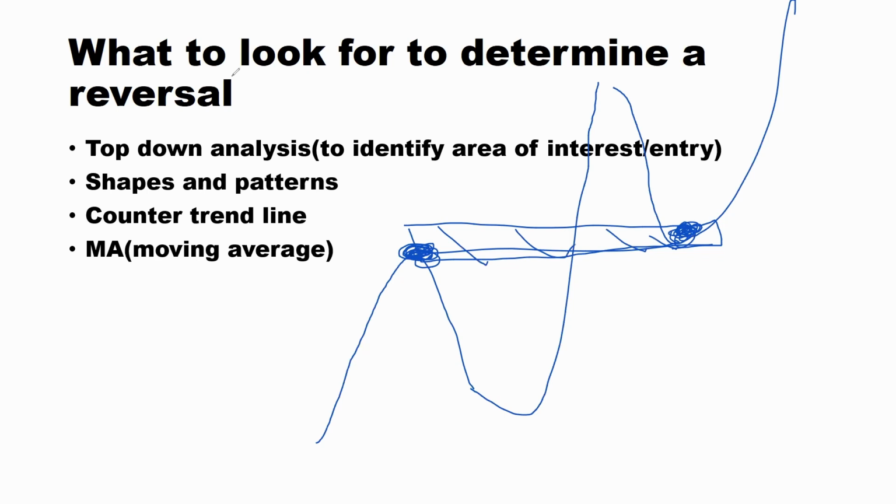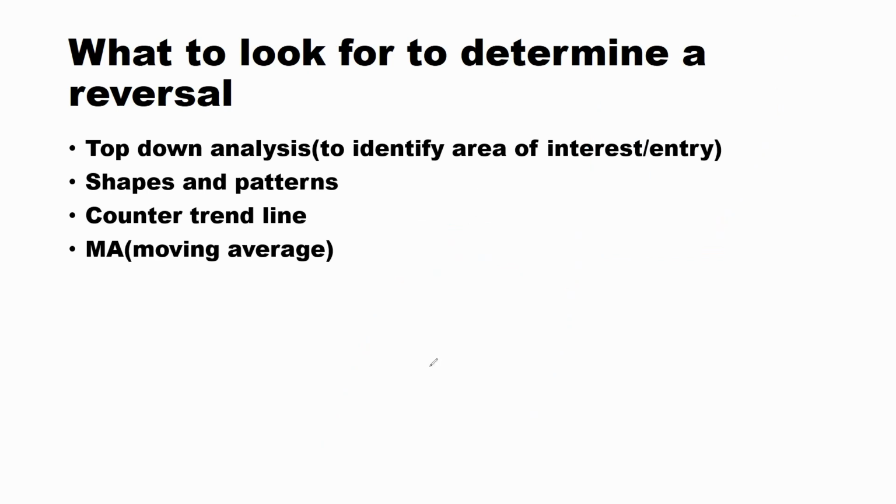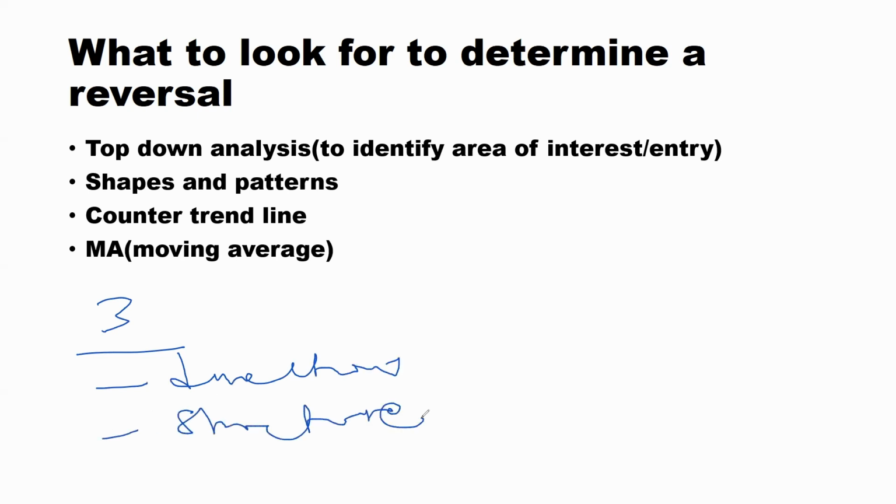Now, let's go into depth with this top-down analysis. Top-down analysis, simply, you're doing analysis in several time frames. For example, I told you guys that you need to get 3 time frames. Why? You need to get a time frame that gives you the direction, right? You need to get a time frame that gives you the structure that you're going to trade. By structure, meaning either W's, the shapes, or patterns, those patterns that are giving you the trade.